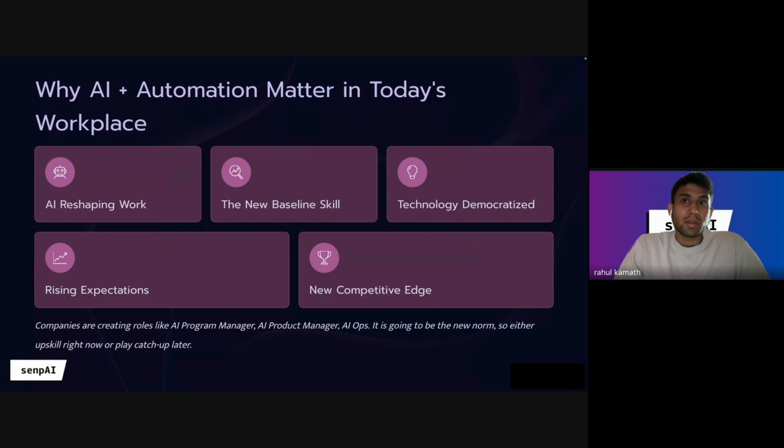So it's not just about building the mocks or having a good idea in mind. It's also about execution. And I think that's been implemented in the workspace as well, where before we closely worked with the tech teams to deliver a solution, it's not just about writing a business requirement document or a mock. It's also about having a small prototype in place so that there is no communication gap between what's expected and what the developer is going to productionize. So there's a very thin line between tech and non-tech these days. The line is getting thinner day by day, and yeah, it gives a new competitive edge as well.